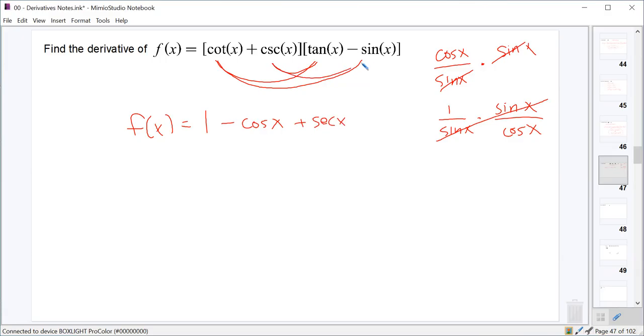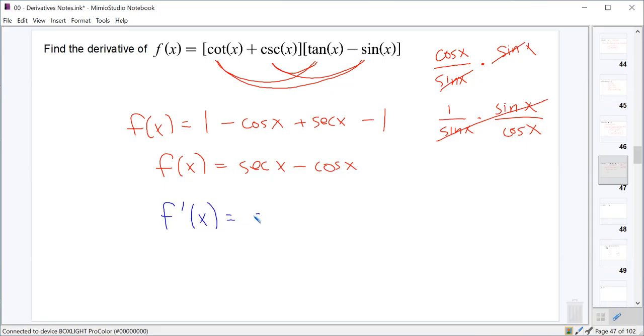And 1 over cosine is just secant. And then we've got cosecant of x times negative sine of x. Well, cosecant is just 1 over sine. So we have 1 over sine times negative sine. That should cancel out and just become a negative 1. So really, f of x is just secant x minus cosine x. Right? The 1's cancel out,